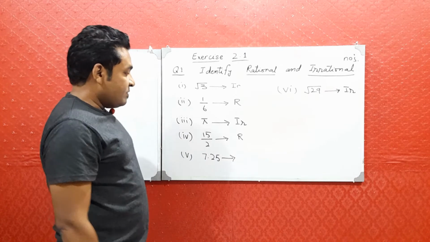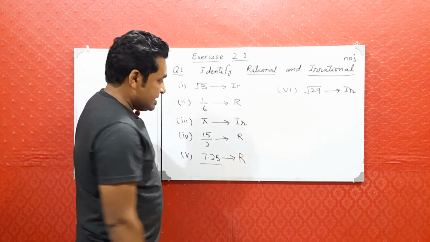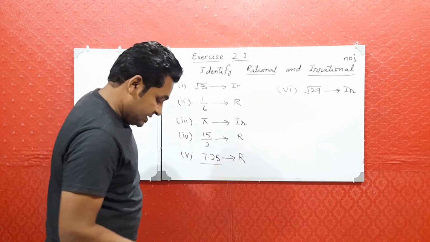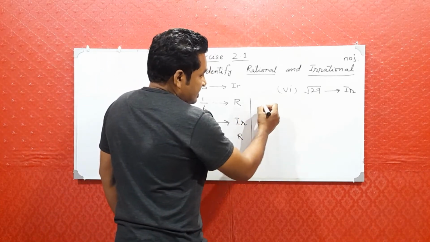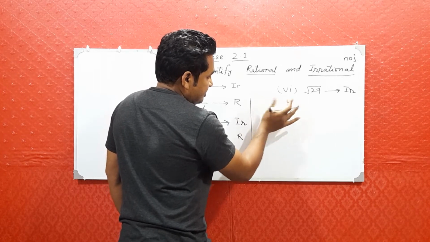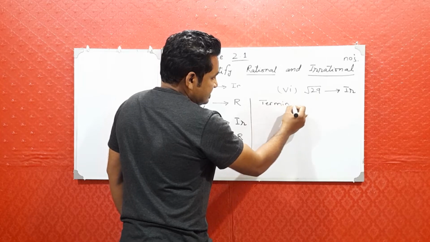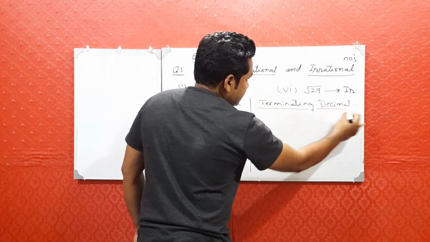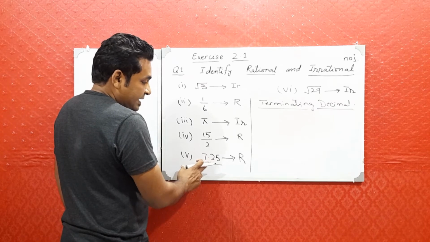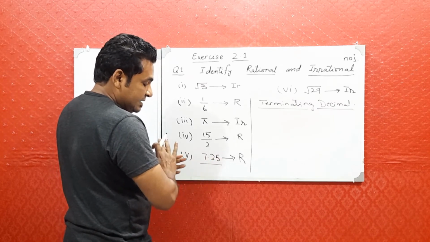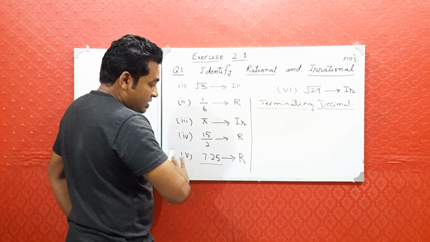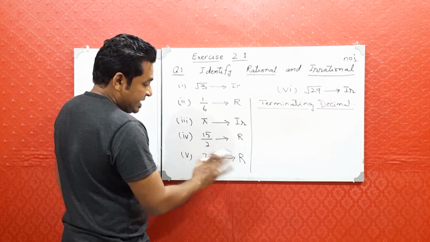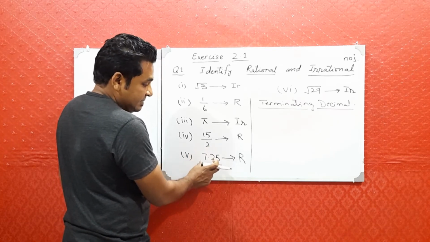Now 7.25, why is it rational? It is a decimal number. Decimal numbers are further categorized into two types: terminating decimals, like this number 7.25. It has two decimal places, and it is not recurring, it is not repeating itself, no block, no same number is repeating itself, so that's why it is a terminating decimal,